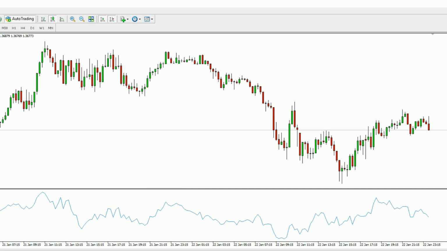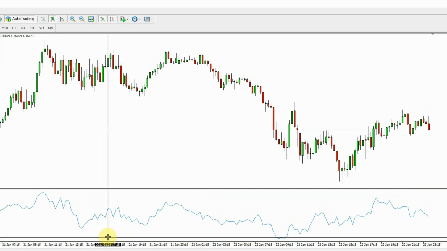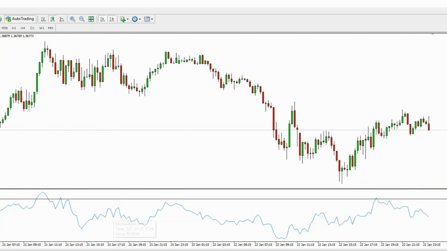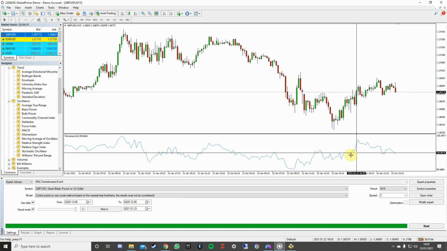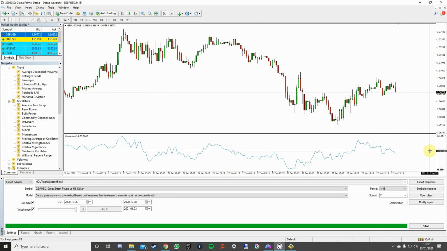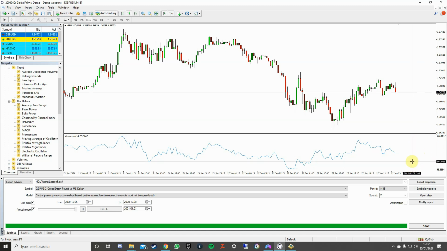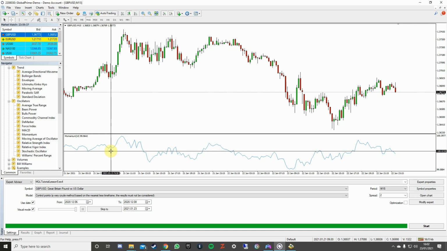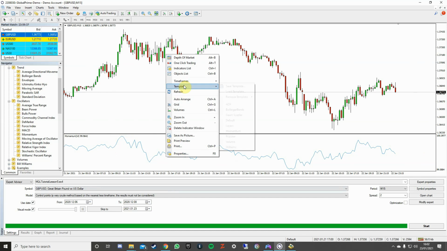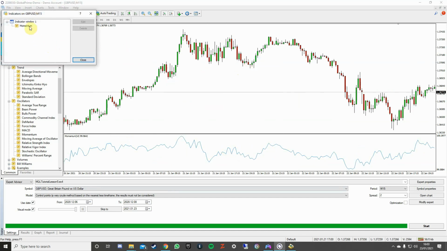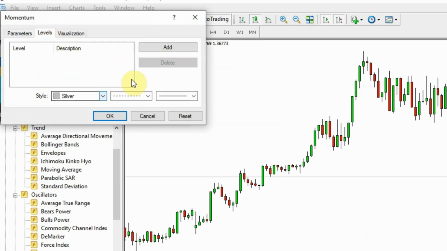I don't know that many people that use the momentum oscillator, but very simply, at 14 it takes the price difference over 14 days, and that gives the value. It does a calculation there, which means it ends up in and around 100. And what you have to know about it is, if I drop on here a line on the actual chart, so we open up the indicator here, I'm just going to put a level at 100,